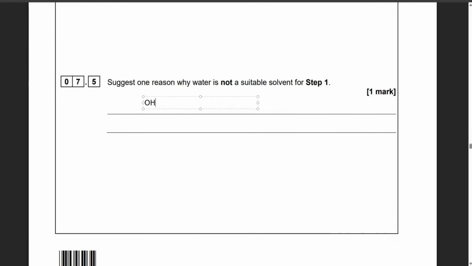So suggest one reason why it's not a suitable solvent. You could say because ethanol will be formed instead, or hydroxide ions form an alcohol via a nucleophilic substitution reaction where the hydroxide ion is attracted to the delta positive carbon in the carbon bromine bond. So essentially you're going to get ethanol, an alcohol, as a side product. So this is the reason we are going with